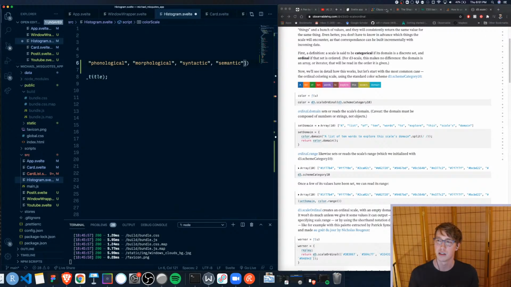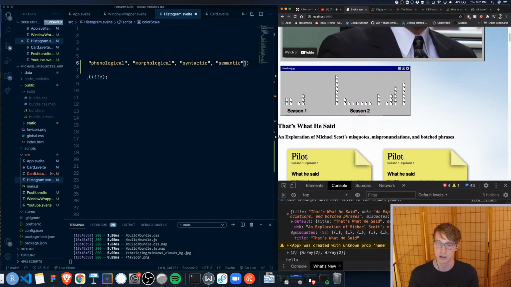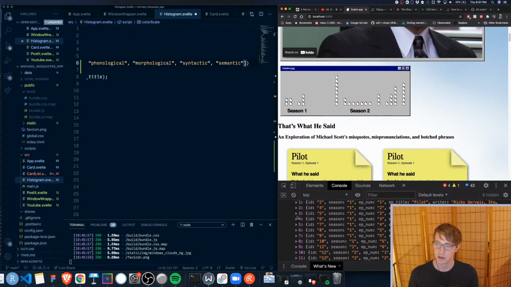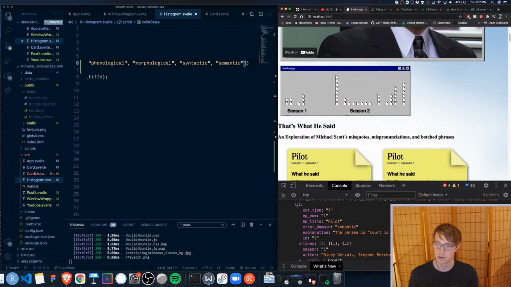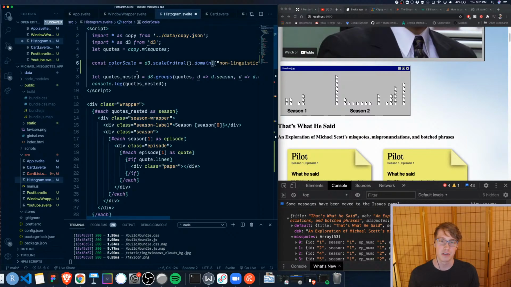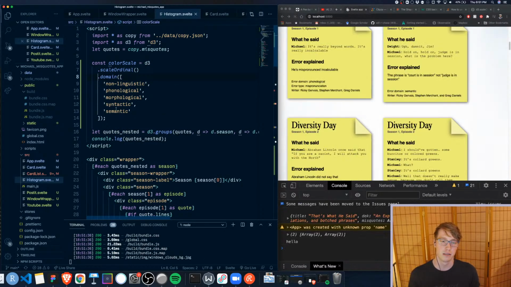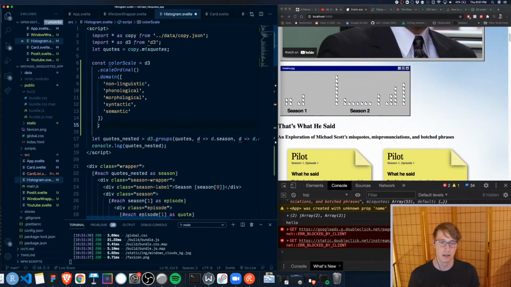So let me also make sure that these are not capitalized in my data, because that's what I'm also kind of worried about. Okay, yeah, semantic. So that's my domain. I want it to be auto like that. And then my range,